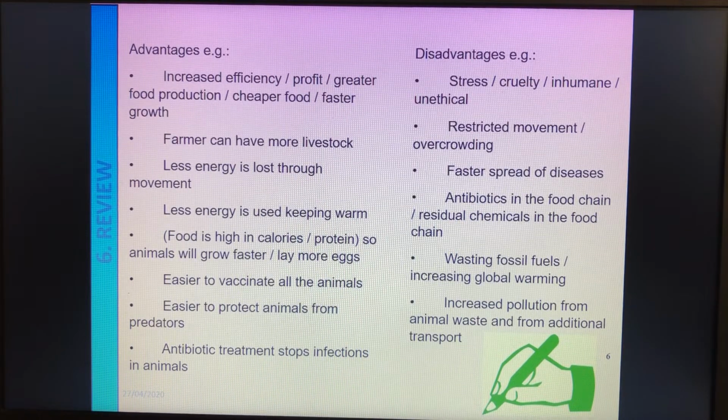Wasting fossil fuels, that goes in with heating the environment so that they use less energy in keeping warm. Pollution from the animal waste. We have seen, when we watched Animal Farm actually, the pollution that comes from pig waste, pig feces, and on one of the episodes of Animal Farm, which is in the playlist for